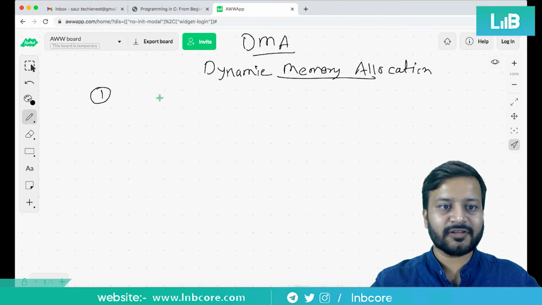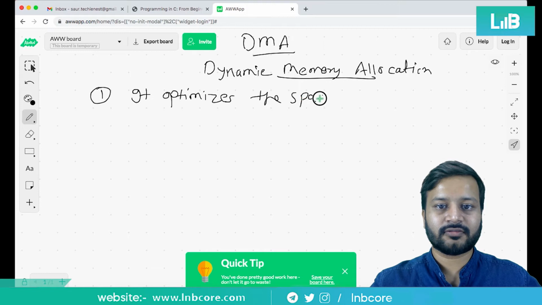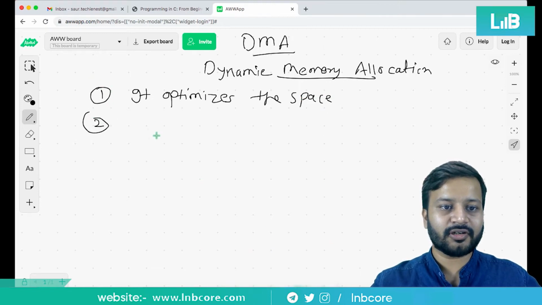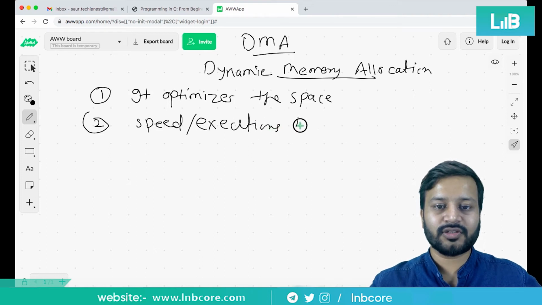One of the biggest reasons is that it optimizes our space, right? And because of space optimization, the execution of the program